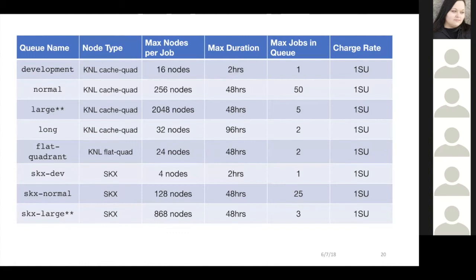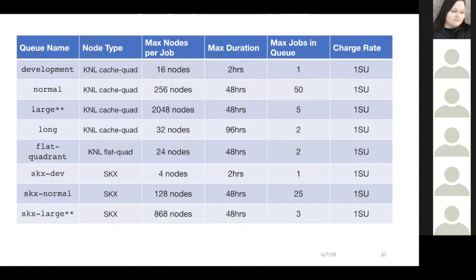This is an overview of the queues that are available on the Stampede 2 system. All of these numbers for the number of jobs in the queue vary based on the number of nodes available in the system and the frequency of use in that system. Large queues that have the asterisks are special because they take up a significant portion of the system to run. If you run poorly on them, it can cause large-scale system problems and will also cost you a lot of SUs. So we always have requirements that users have to meet before we allow them to run in the large queue.